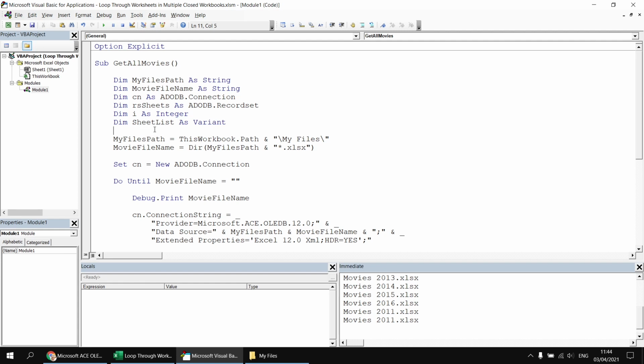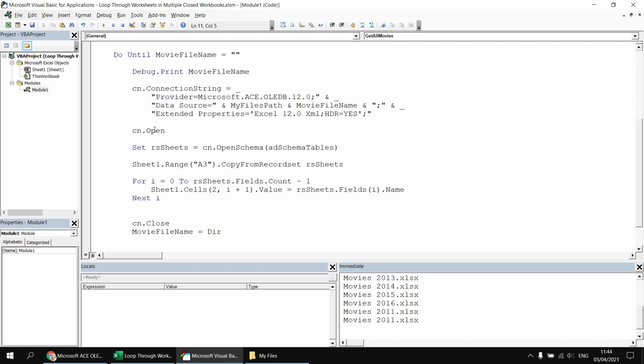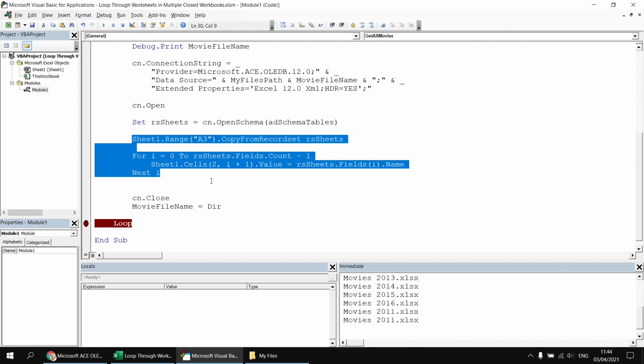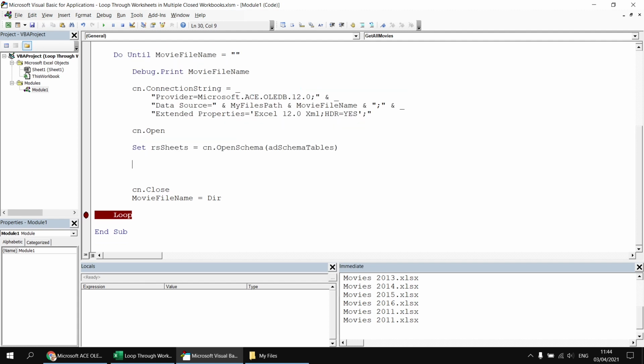Then I can scroll down to where we were just copying our data from the record set into the worksheet and our for next loop, and I'm actually going to just get rid of that section of code entirely. What we'll do instead is say, after we've opened up our record set, we'll say sheet_list equals, and then we'll say